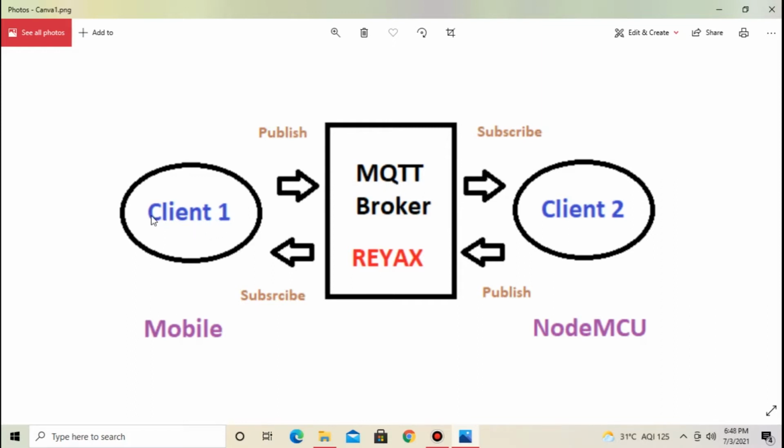Now when client 1 is publishing data to the server, same data can be subscribed, means read, from client 2, and same when client 2 publishes data, same data is subscribed by client 1. Means now in mobile app there is a switch.